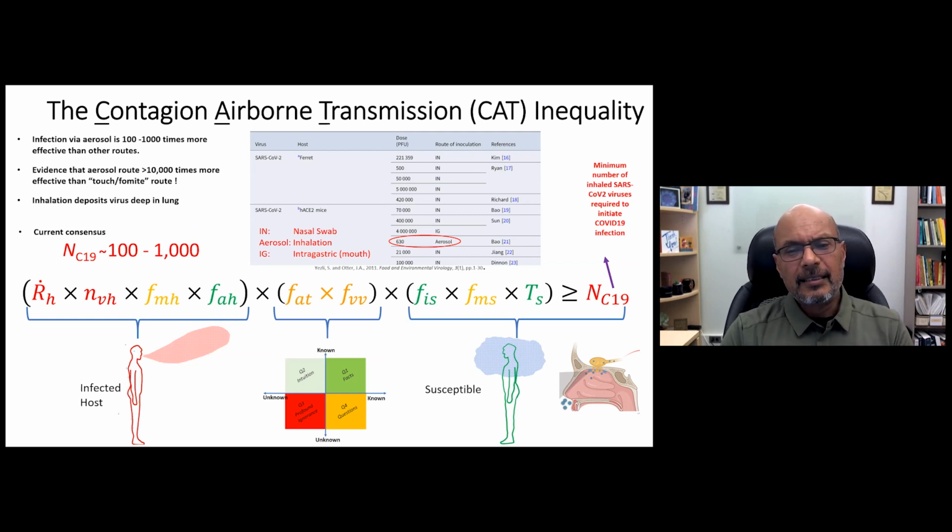So this is where the battle has been fought and won or lost: trying to minimize aerosol infections. But this number, N_C19, which is the last variable and particularly important, is also a difficult one to pin down, because like I said, you can't do experiments on humans. You have to do experiments on smaller mammals and try to extrapolate from there what the number for humans would be. But from what we understand about similar viruses like influenza, a virus of a similar family, not exactly, but with similar transmission routes,